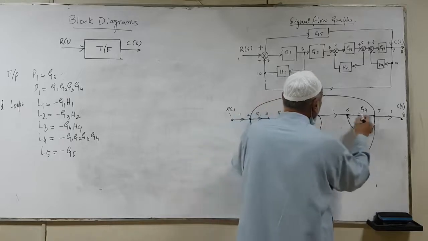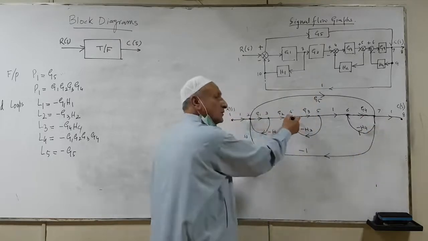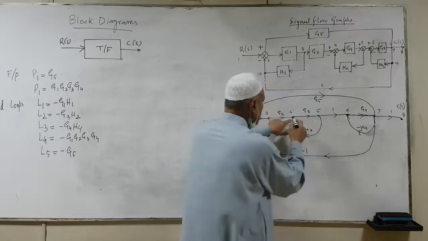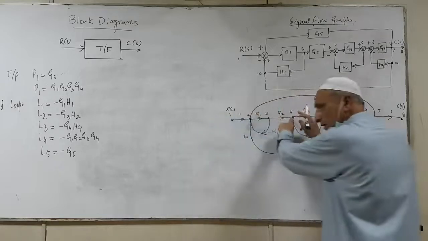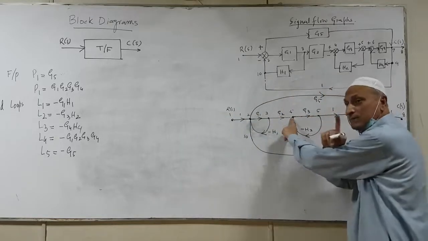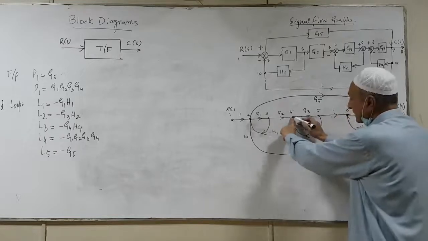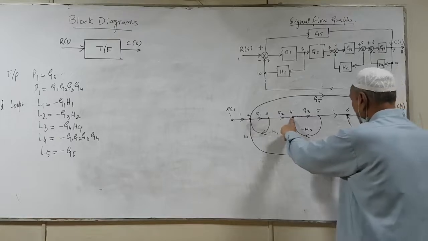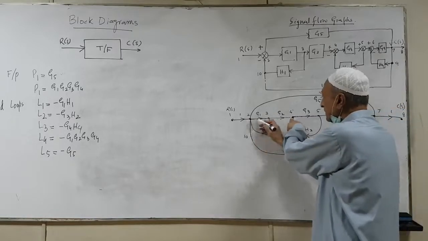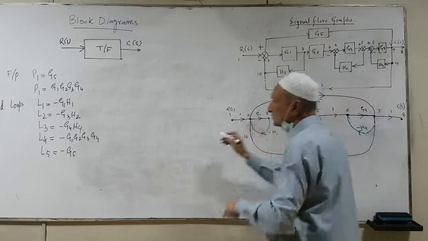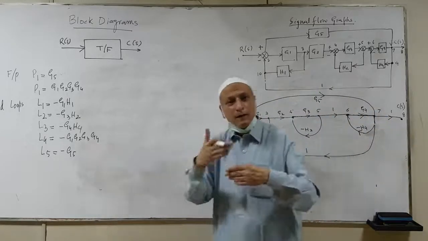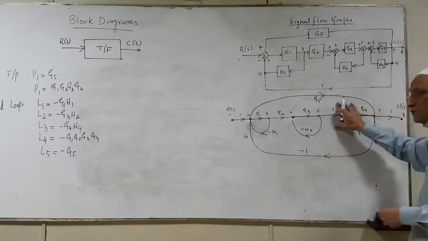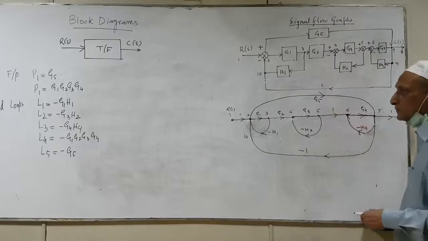And another situation is from 4. If you start from 4 and do like this and then come back at 4, no, it's still the same story. You see why it's the same story? Start from 4 and you come back at 4 anyhow. You are still traversing each node once. But then look at the situation: G3 multiplied by G4 multiplied by -1 multiplied by G1 multiplied by G2, which you have already obtained actually. So there is a repetition, and repetition is also not allowed. So just leave it. These are supposed to be the possible independent loops.